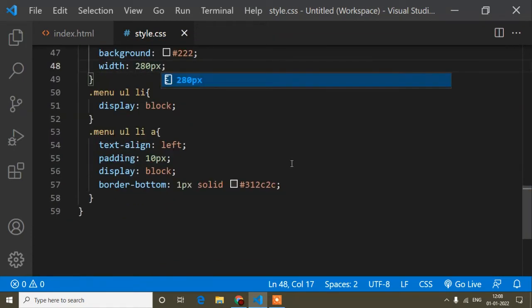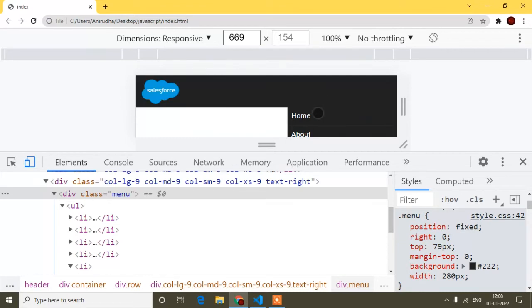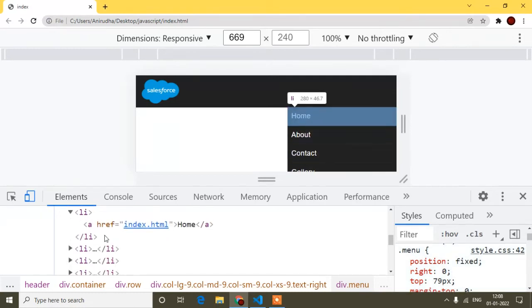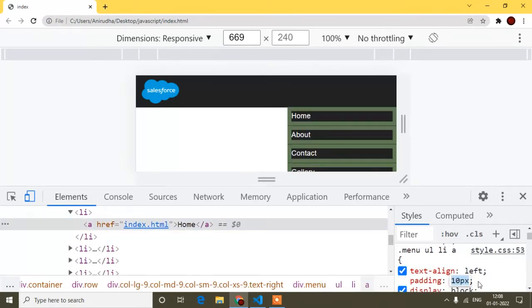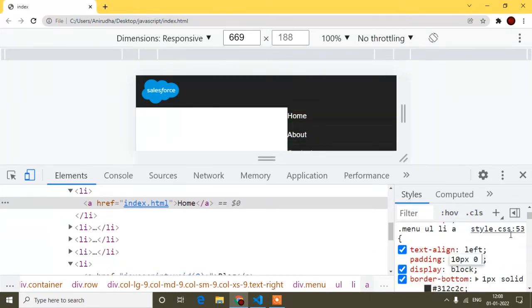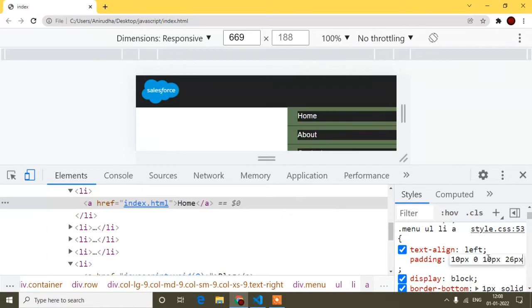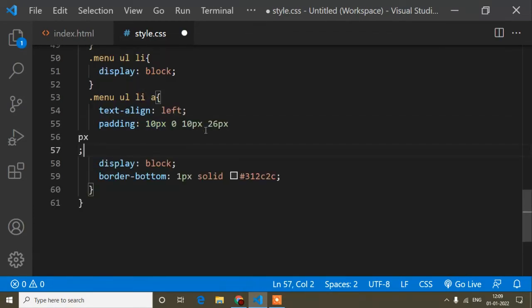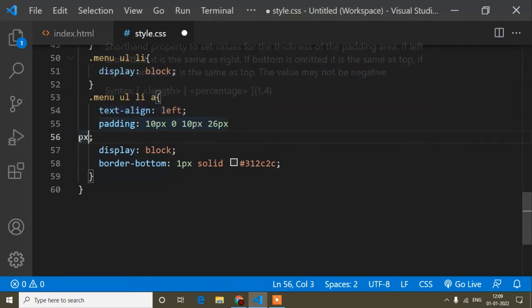After that I will come again to the anchor tag, because this anchor tag's left side space is very little. So here on this anchor tag, I will adjust the padding. Top and bottom 10 pixels is okay, and right I will add 0. So top 10 pixel, right 0, bottom is also 10 pixel, and for the left I will write 26 pixel. Yeah, it's looking good. So this padding I will copy from here, and on this anchor tag I will replace the padding. Okay, so now you will find it's looking better.